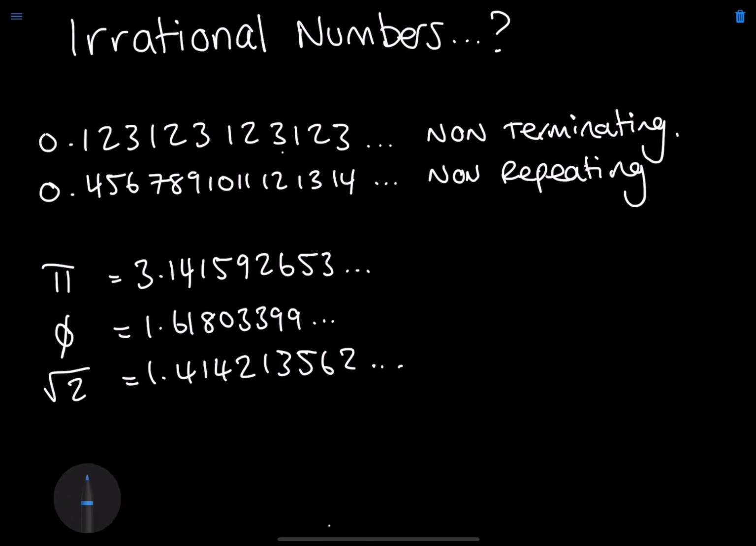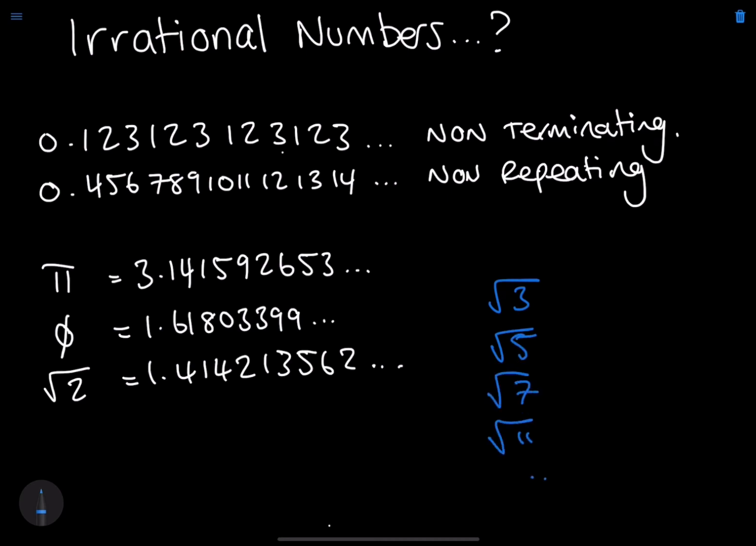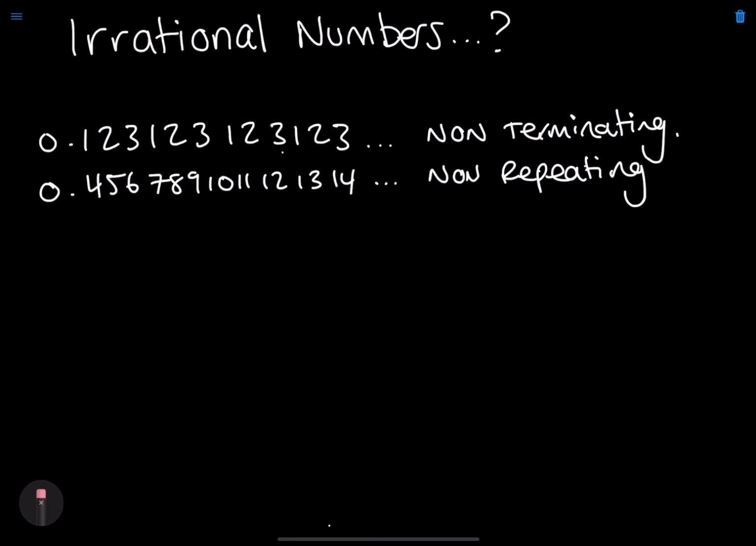In fact, if we take the square root of any non-perfect square, so the square root of 3, the square root of 5, the square root of 7, the square root of 11, and so on, they are also irrational numbers. An important point to make is that sometimes you can have a